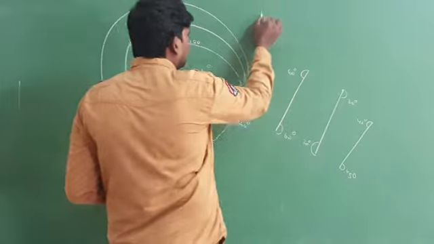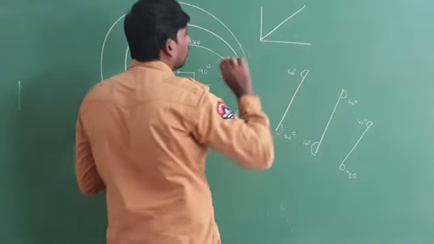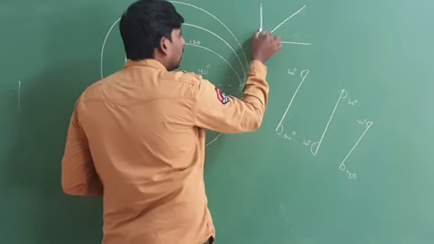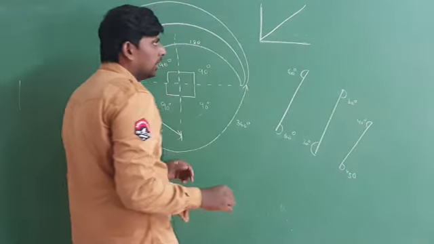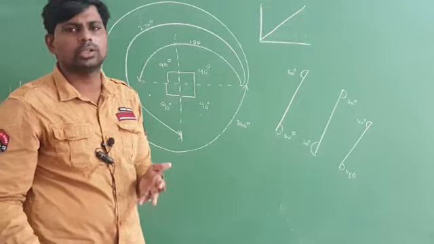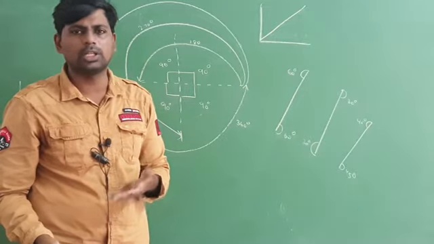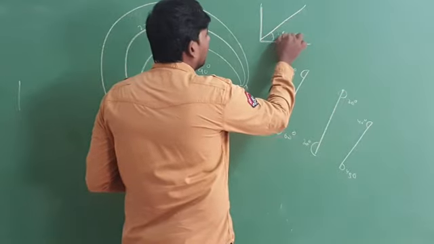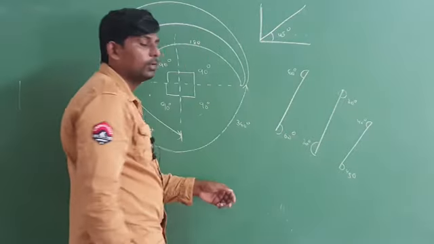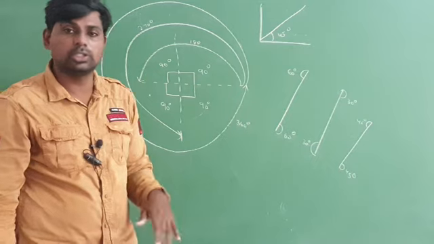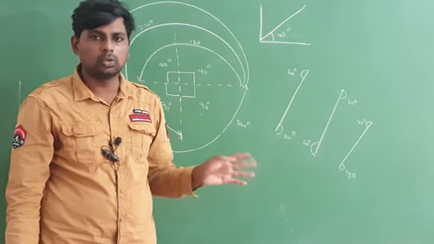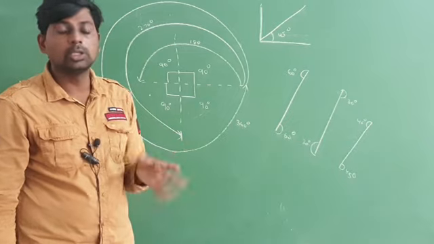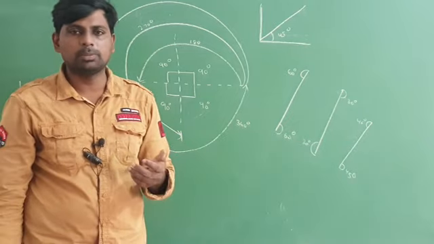Opposite angles are also equal. Suppose coordinates will be given like this, and suppose any angle is not given here. You have to identify it. You know that very well. From here to here, how much angle will be there? 90 degrees. But in the examination, suppose it is not given or not printed properly. So by default you have to take this one as 45 degrees. How much do you have to take here? 45 degrees. Suppose it is not given. Suppose he is asking to find out that one only. No need to take the 45 degrees. Whatever he is asking, that one only you have to find out. Suppose it is not given, or sometimes a misprint will be there.